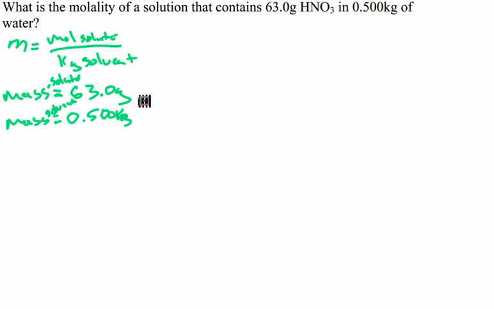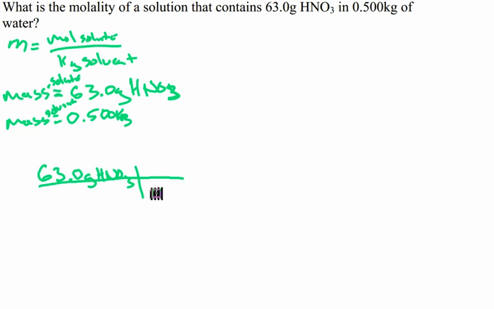So what we have is 63 grams of nitric acid, HNO3, that we're going to have to turn into moles first. So let's do the mass to mole conversion. So 63.0 grams of HNO3. Get your crossbar set up. And I've got to find the molar mass of this. Without looking at the periodic table, we'll take it to one decimal place. Oxygen's about 16, so 16 times 3 is 48. Plus nitrogen's right around 14. So 48, 58, 62. Plus 1 for our hydrogen is going to give us 64 grams per mole